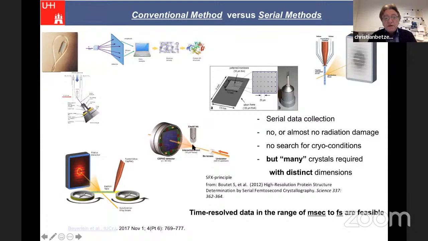And you can trigger events by, for example, photoactivation, also mixing, and you can obtain structures. Today we are collecting data sets in the range of seconds or below from many crystals, and you can follow up intermediates. And I will show you a nice example from a beta-lactamase later on. And last to mention here is the chip development.